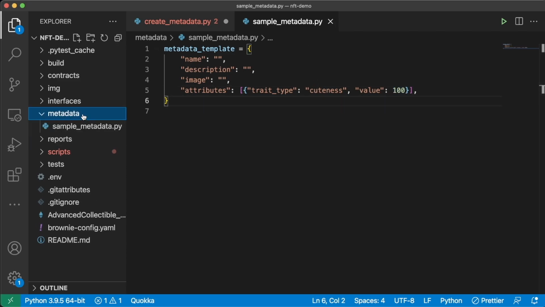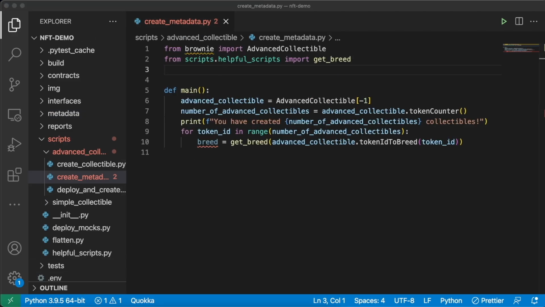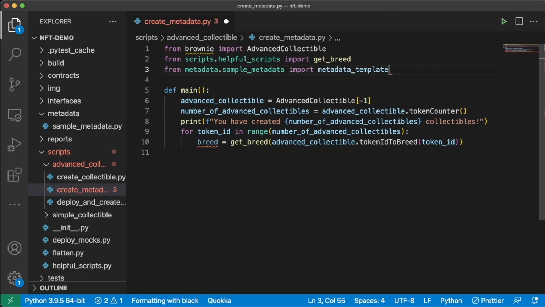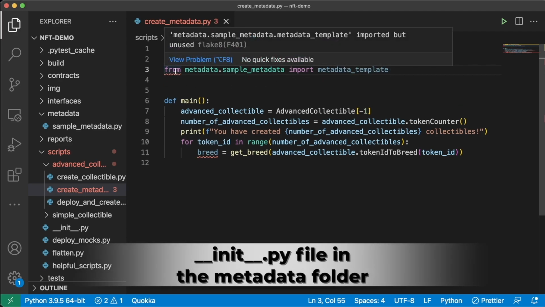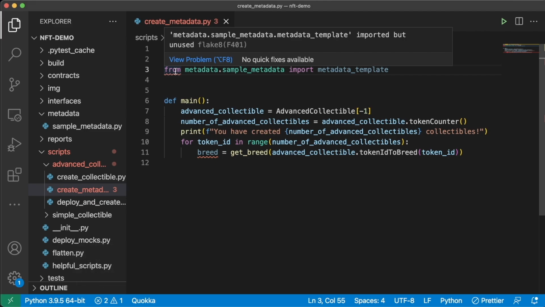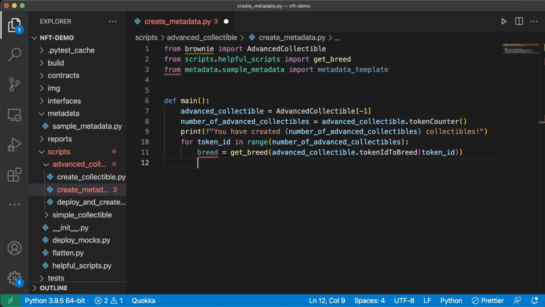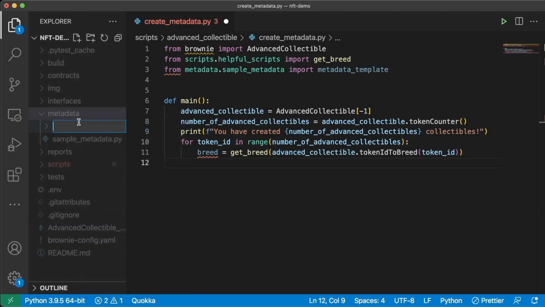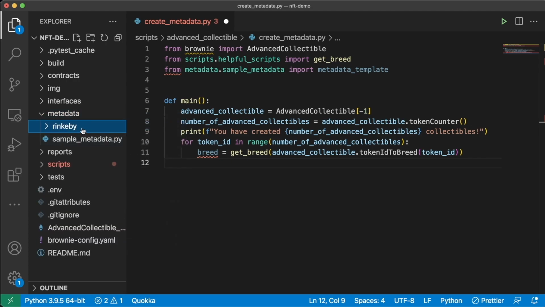So now once we have this sample metadata file, we can import this into our script here. So we'll say from metadata.sample_metadata import metadata_template. And another quick note, you might have to put an __init__.py file in that metadata folder if you're working on older versions of Python. And we can start creating our new metadata file for this breed, for this dog. We'll want to save each collectible under their network and with their token ID. So let's go ahead and create a new folder. We'll call it rinkeby, and this is where we'll save all of the Rinkeby metadata for all these collectibles,